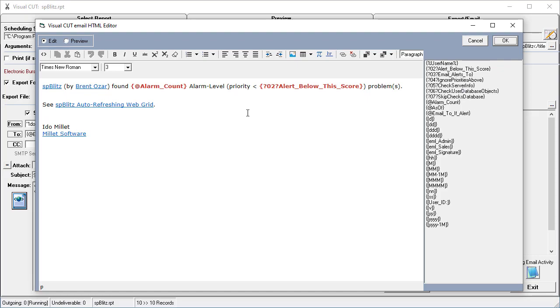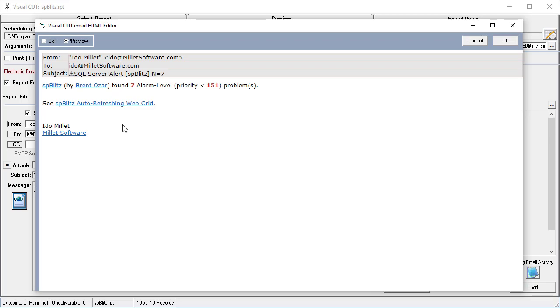So if I preview this, you can see that these references to the alarm count and to the threshold for emailing are replaced dynamically with information from the report. So it says found 7 alarm level problems, and those are problems with priority lower than 151. If I run this process,